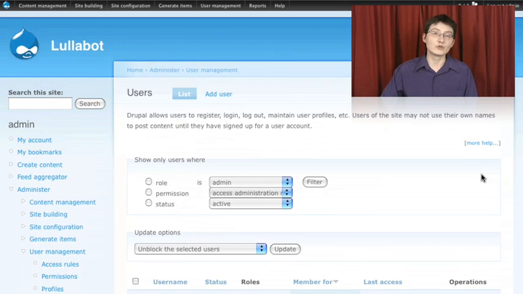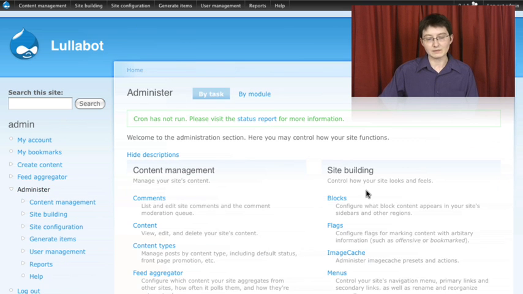So in order to test these new roles and permissions and ensure they're working properly, I could log out and log back in, and log out and log back in again, but that's a little tedious and time consuming. So what I'm going to do instead is use a feature offered by the Devel module called the switch user block. So I'll go to administer, site building, blocks,